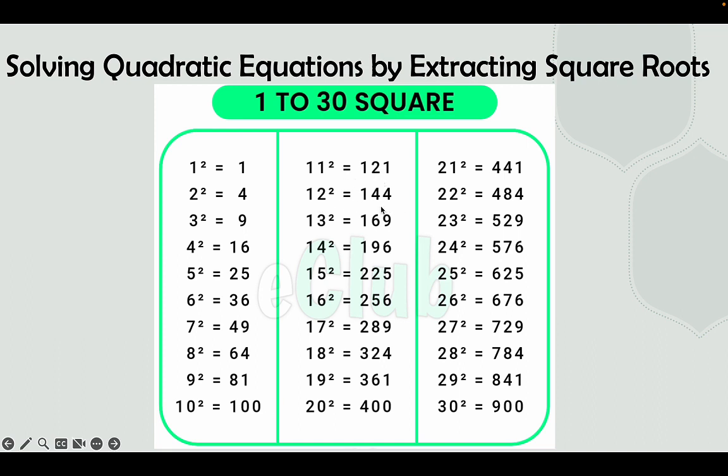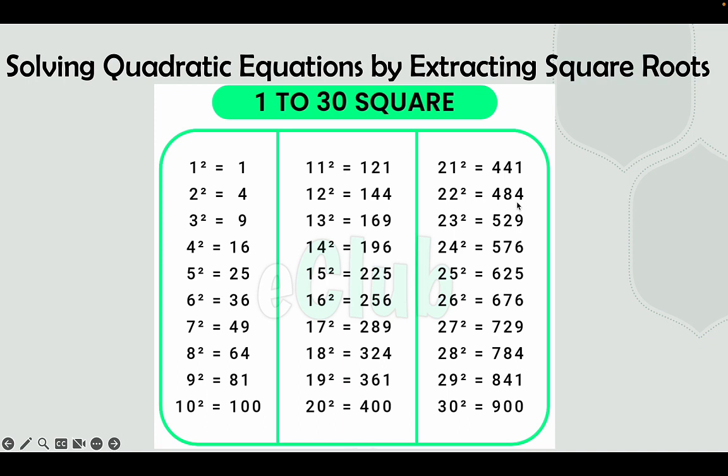squared is 144, 13 squared is 169, 14 squared is 196, 15 squared is 225, 16 squared is 256, 17 squared is 289, 18 squared is 324, 19 squared is 361, 20 squared is 400, 21 squared is 441, 22